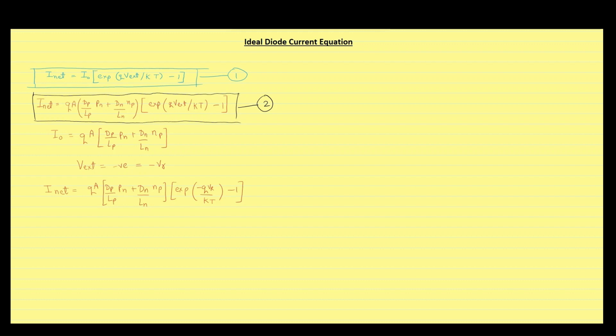Now, if we assume that the applied reverse bias voltage is significantly greater than kT/q, which is the thermal voltage and is equal to 26 millivolt at room temperature, then you can see that the exponential term becomes very small compared to -1. Therefore, net current will become,